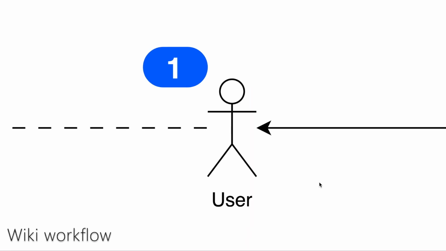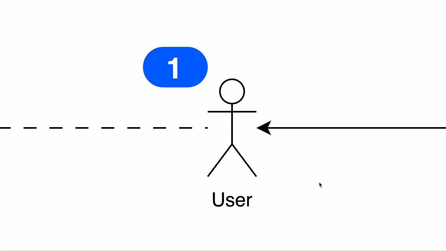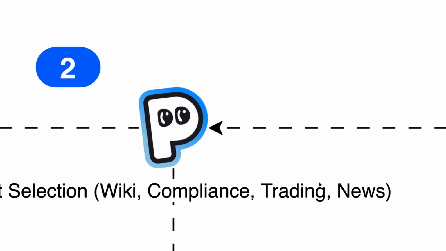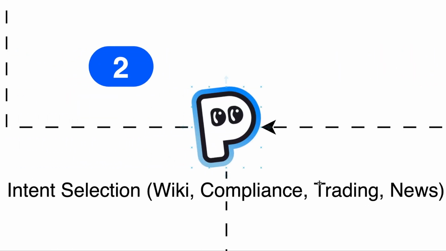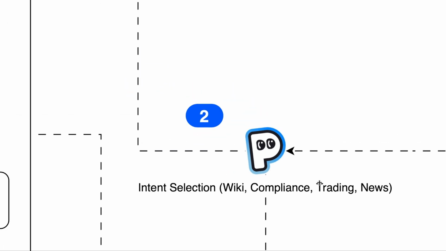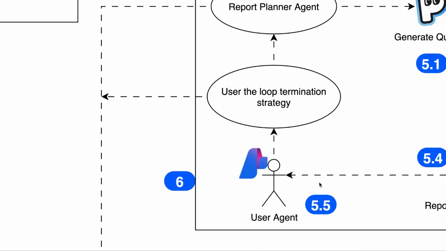The process begins when the user enters a topic for the report. Based on the topic, the system determines the report's intent, for example, wiki, compliance, trading, or news. In the semantic kernel, we create a new type of agent, called the user agent, by using an in-memory message